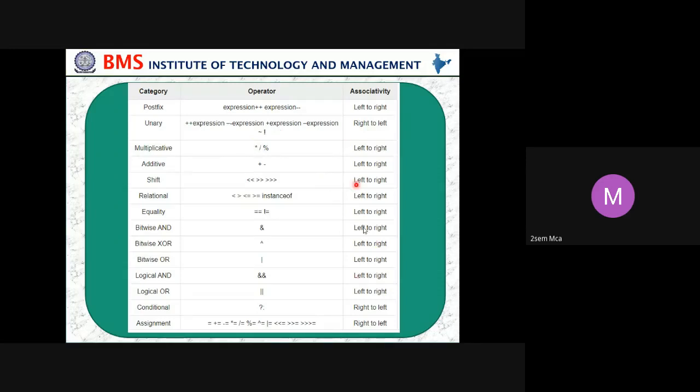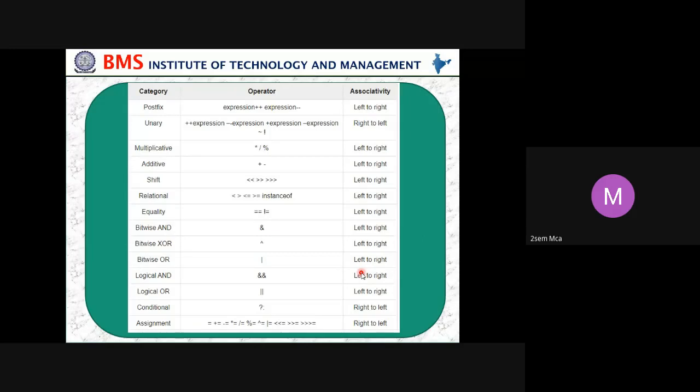All you have to remember is which are right to left. Only some will be right to left, and the rest will be from left to right. So multiplication left to right, additive, that is addition, left to right, shift operators also left to right. Only unary operator, condition operator and assignment operator are from right to left, and the rest all are from left to